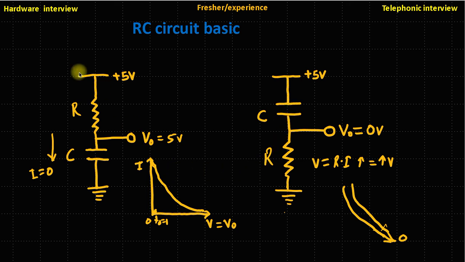So you can see the condition of this circuit and this circuit. You can say the behavior of this circuit and this circuit is different. So I hope you got this circuit. This is a very confusing circuit, and this capacitor and resistance combination generally confuses people in the circuit.